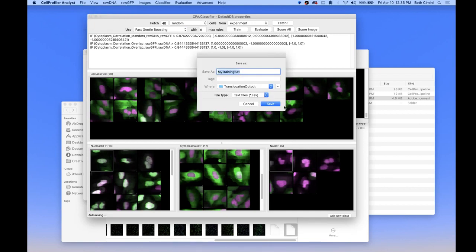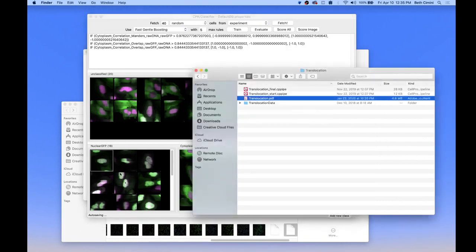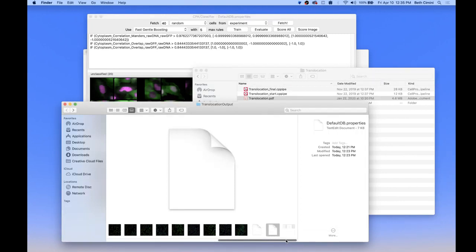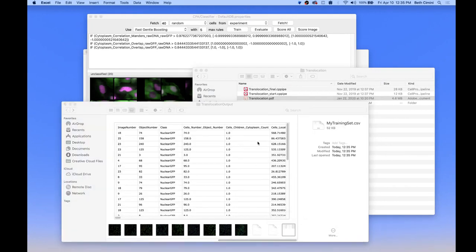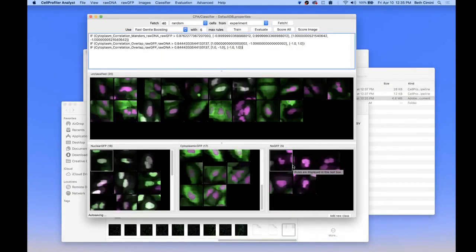So I'm going to call this file just my training set. It goes here into my output folder. And it has here all of my list of cells that were in the nuclear GFP bin, the cytoplasmic GFP bin, and the no GFP bin, what image number they came from, what object number they came from, and all of their measurements. So I could go back and basically recreate this sorting algorithm later. I could also, if I were starting from scratch, load that training set. This is great